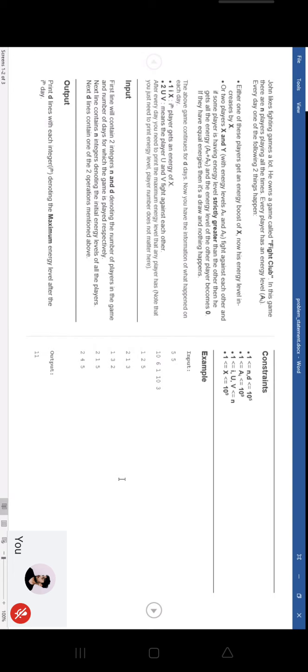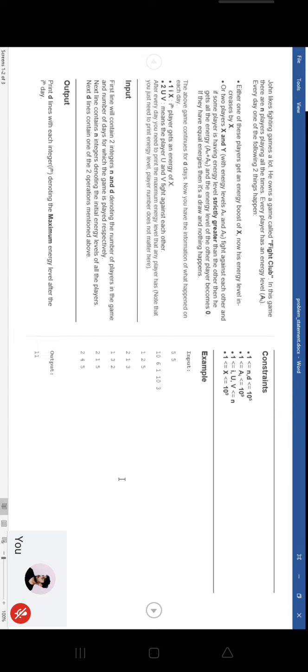After the second line, there will be d number of lines. If the value of d is 5, there will be 5 lines. If the value of d is 3, there will be 3 lines. If d is, say, 12, there will be 12 lines after the second line. And for those d lines, there will be only 3 columns.